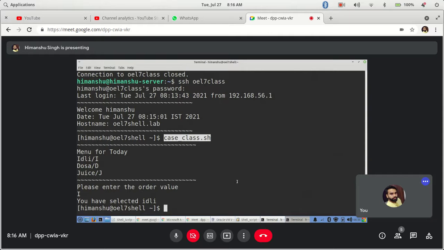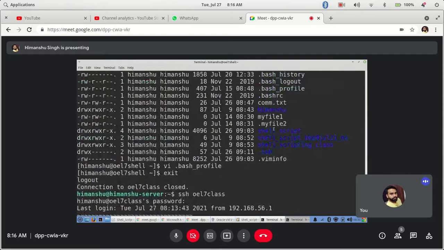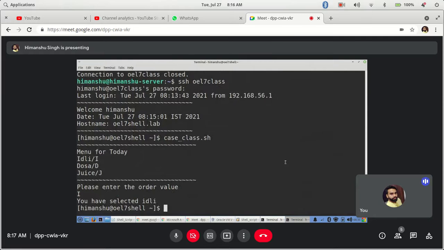Before that, this is the clear path concept. So path is very important. Normally we keep the shell scripts in one specific location, and we mention that particular path in the path variable so that you don't have to go to that directory and call it every time. You can just log in and run the script. It doesn't matter where the script is kept.